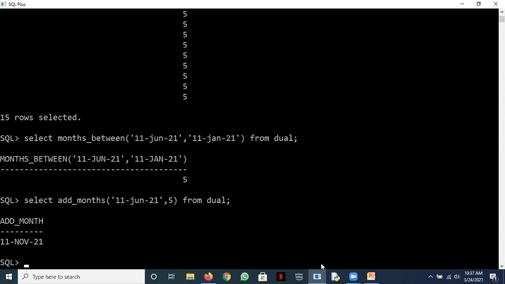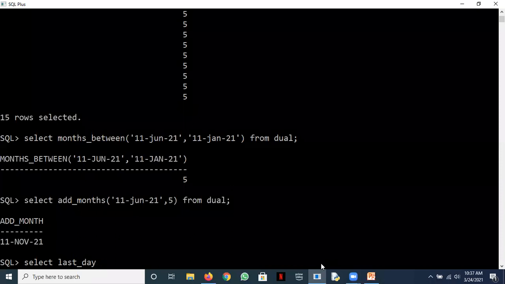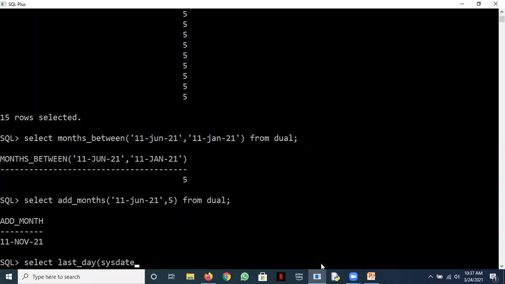Then another function is last_day. Okay, let's check this for you. Select last_day. Just note it down on your copies. This is important. You've not worked with it before. Let's see if you can pick up on your own.